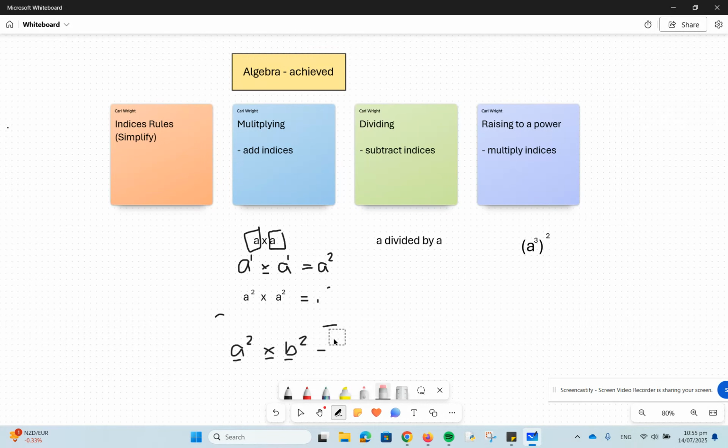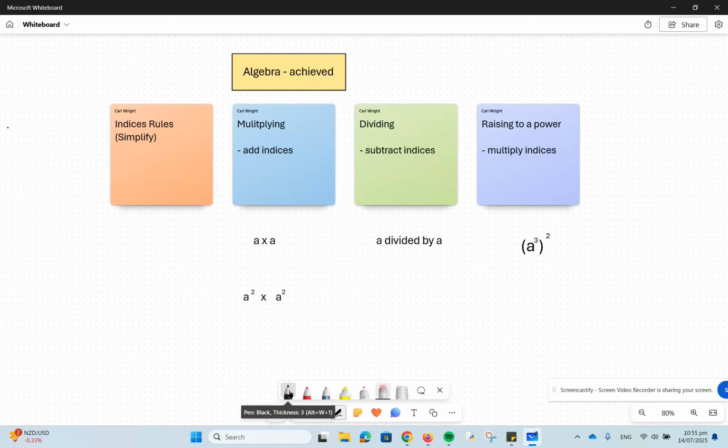Right, and just rub out some of these, and we'll go to the next one. I want to do one more for multiplying, just to make sure before I move on to dividing that it really makes sense. Okay, so say I've got a 6